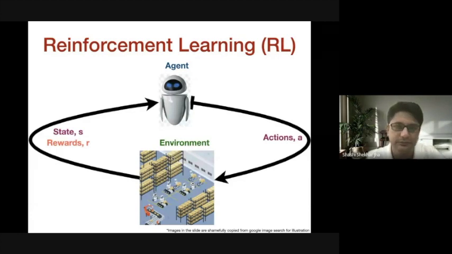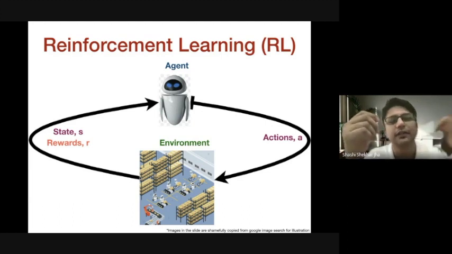Okay, so I give you an example. Let's say there is a robot which is an agent, and the task of that agent is to move from some point A to some point B in the environment, right? It knows the destination. It decides the action is maybe to move forward 2 steps. If it moves forward 2 steps and that action gets applied, obviously the state of the environment has changed, right? Now, the reward could be in terms of the current distance to the destination. So if the current distance has reduced, then maybe the agent can take that as a reward.